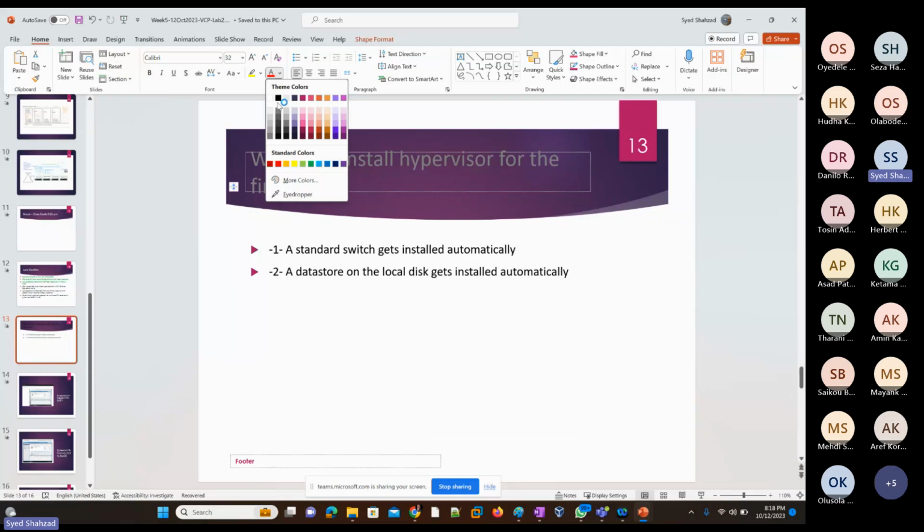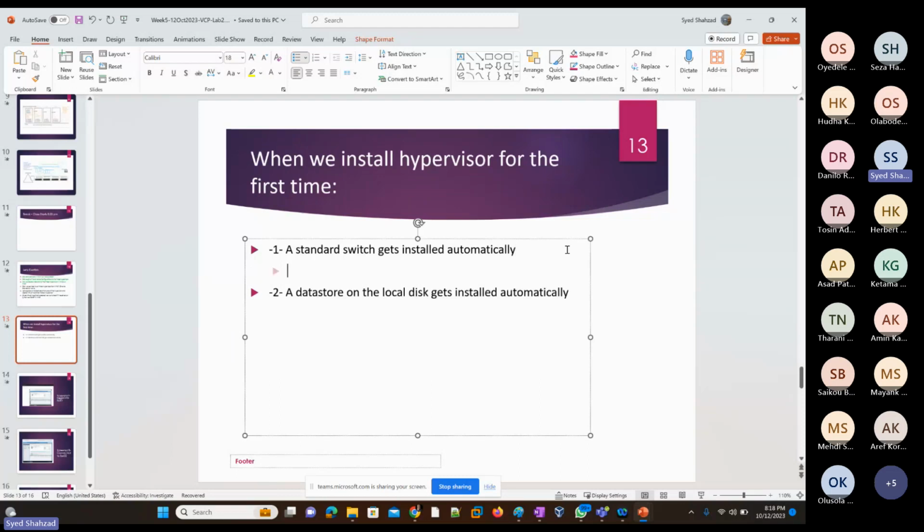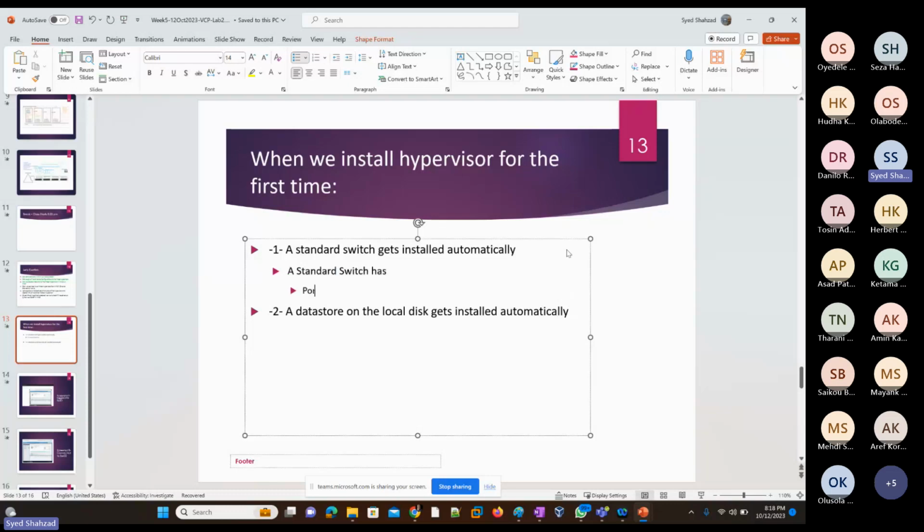Okay, so here two things happen. One is a standard switch gets installed. The second thing is that a standard switch has, and what it has, port group